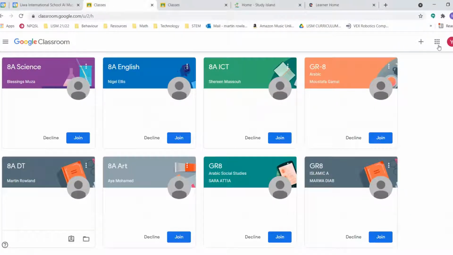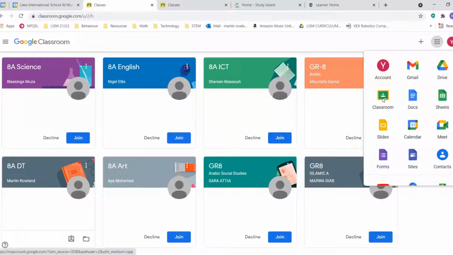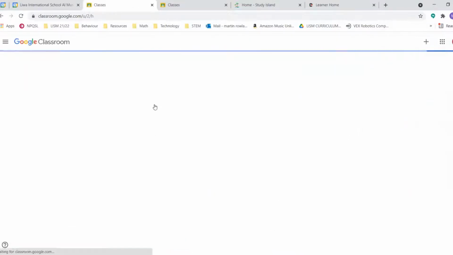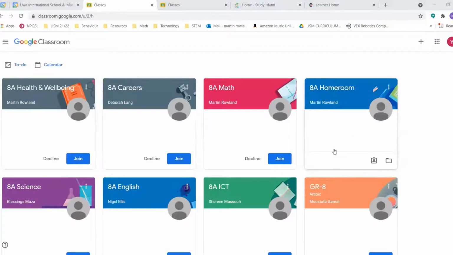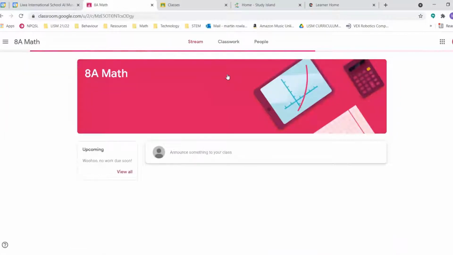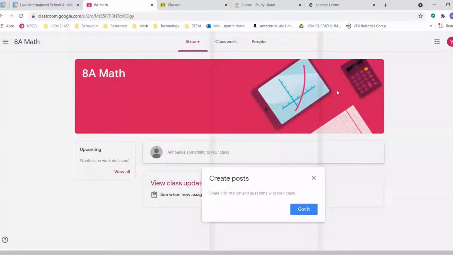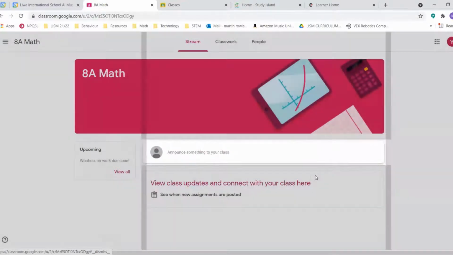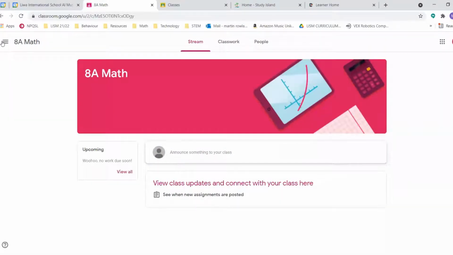So I can click the app here and I go to my classroom and then all of my classes will show up here. So this student currently hasn't joined any of their classes. So to join a class, you simply just click join. Once you've done that, all the lesson material becomes available to you. So anything that's been done in that class will be available on your stream page here. So if I just go back here